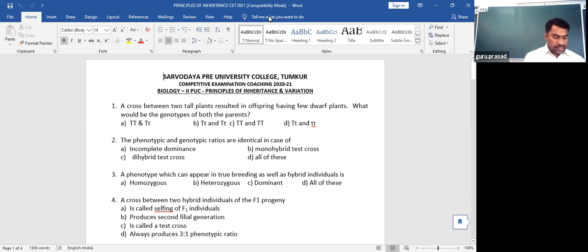Okay. Then genetic disorders. There are mainly two categories: one is genetic or Mendelian disorder, another is chromosomal disorder. Again, under Mendelian or genetic disorder, there are allosomal disorder and autosomal disorder. Again, under autosomal disorder, there is dominant and recessive autosomal disorder. Similarly, in allosomal disorder, there is X-linked and Y-linked. Whereas in the case of X-linked, again there is X-linked dominant and X-linked recessive.